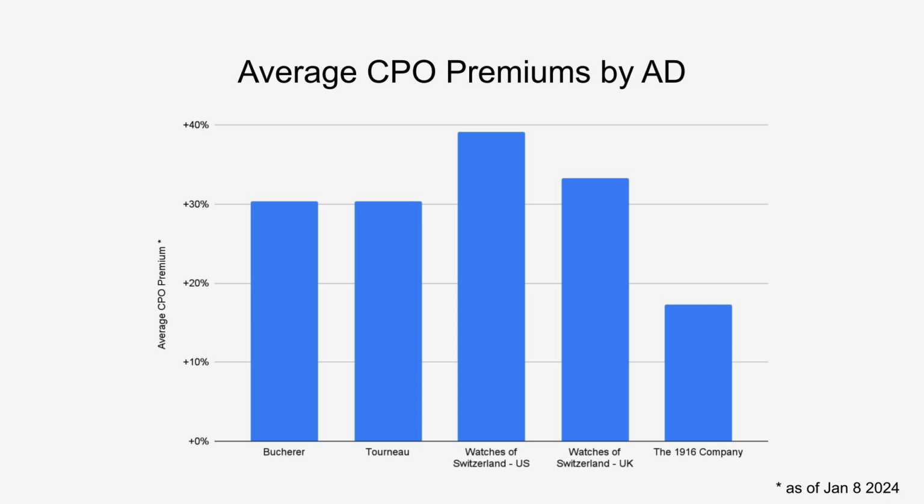For each of the retailers listed here, Bucherer, Tourneau, Watches of Switzerland in the UK and US separately, and the 1916 Company, we calculate the average CPO premium across all their listings for which we can identify the reference, and for which we have sufficient data to calculate a dealer price in that region, and therefore the CPO premium. On average, as of this month,